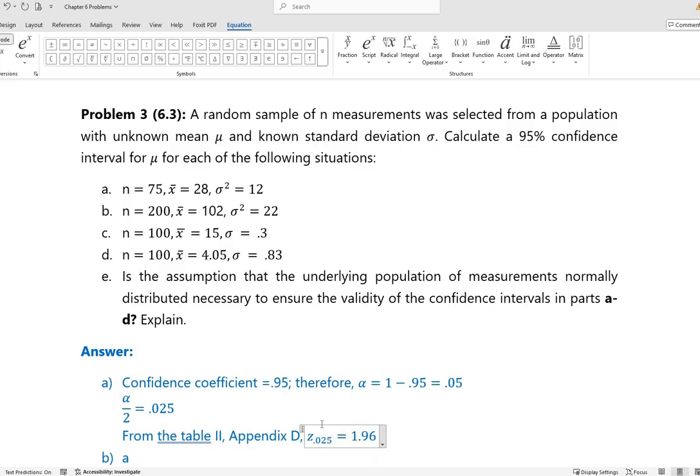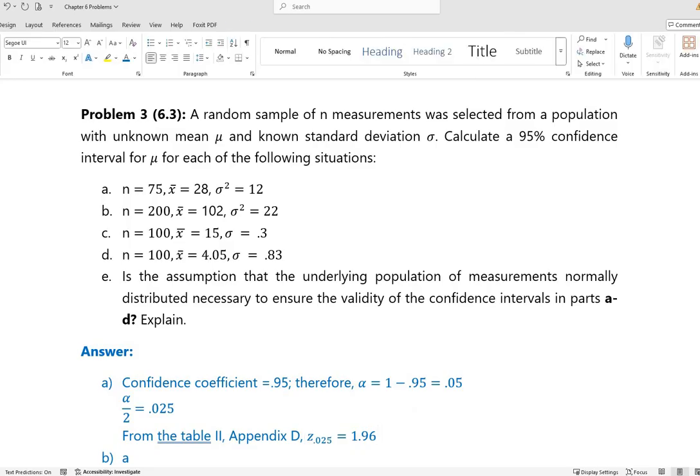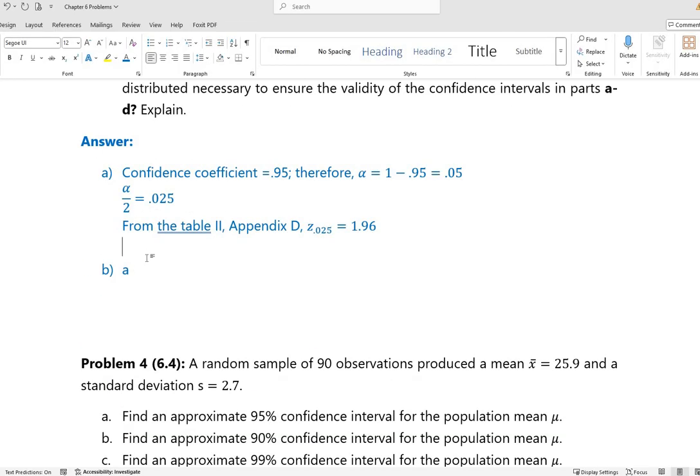We know that z 0.025 equals 1.96. Okay, so the confidence interval is,